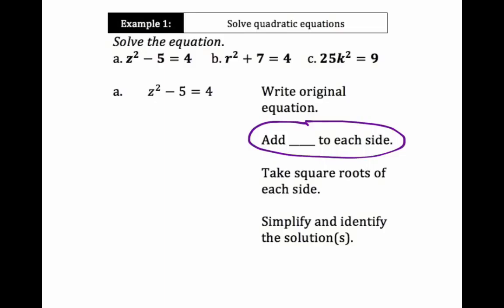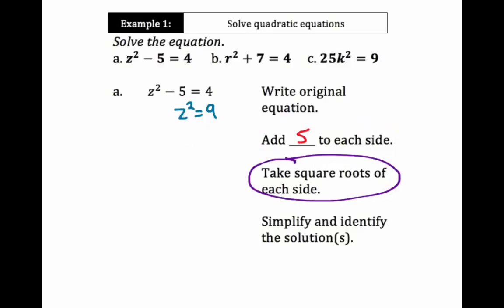And you'll see examples where it's not that. So what are we going to add to each side to isolate that? We're going to add 5 to each side. We'll end up with z squared equals 9. And now we're going to take the square roots of each side. The square root of z squared is going to be z,